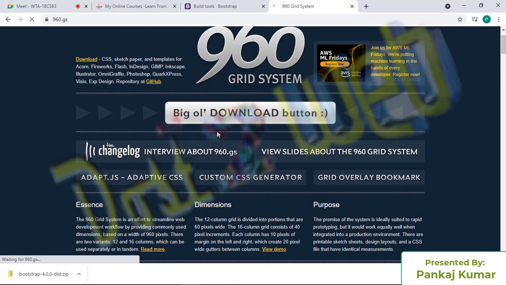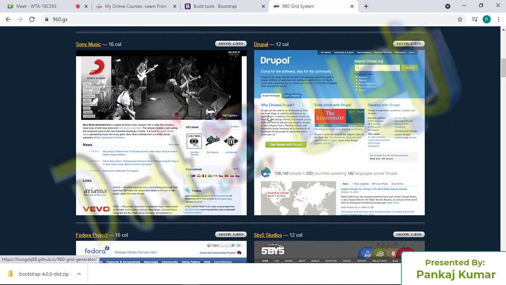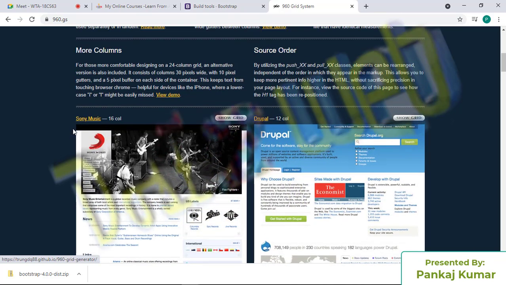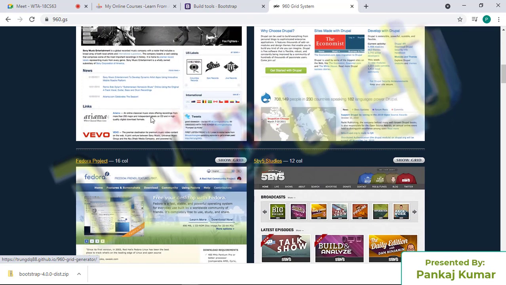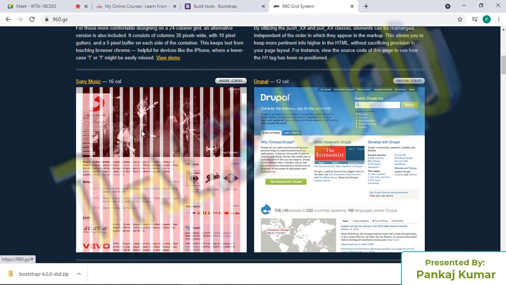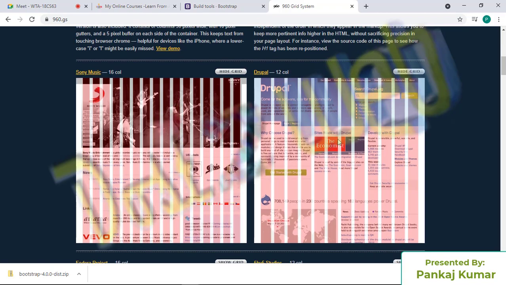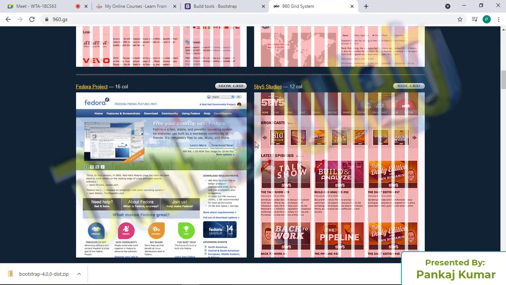See, you can even download it and use it accordingly. You can see that Drupal uses the Sony Music template, so if you want to make a template like this, you can see the grid. It will ask you, okay, show the grid. You can see the grid, how the grid has been used in this application. This is how you have to find out and implement this. That's all for the